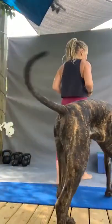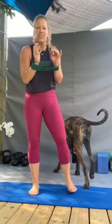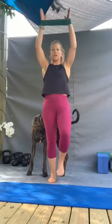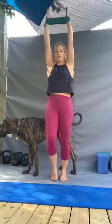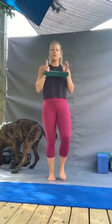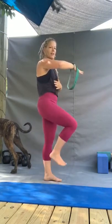And we're going to start with some marching and some bands. So let's take a band, something of medium resistance, and I want you to start marching in place. And so now as we're doing this one, I want you to be just focusing on bringing the arms up, straightening the elbows, and then coming back down, pulling the energy when you're coming down into your armpits and your